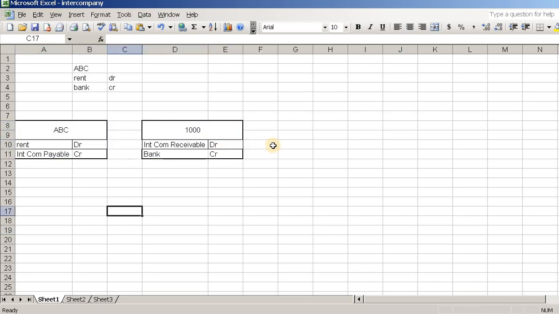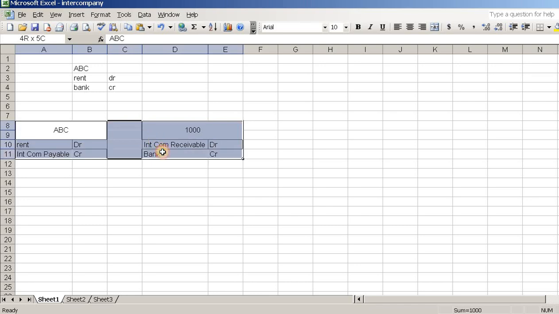So if we now concentrate on this transaction, here intercompany payable credit, here intercompany receivable debit, so they nullify each other, hence the remaining debit and credit, rent is debited here and bank is credited here, which is again this one, rent debit to bank. So rent debit to bank is basically broken into two parts.